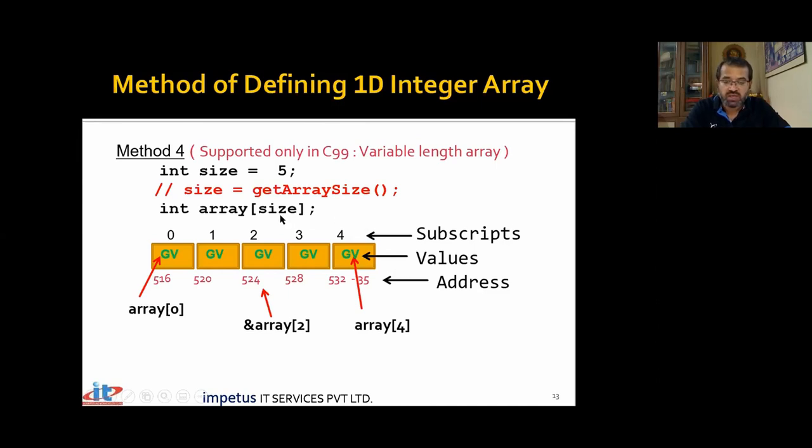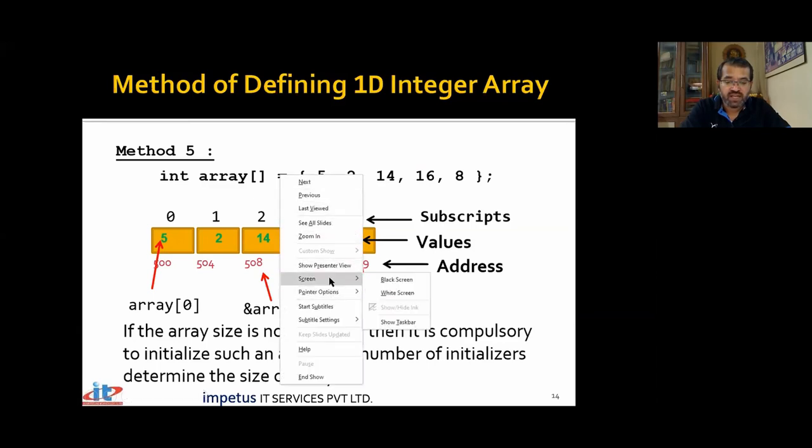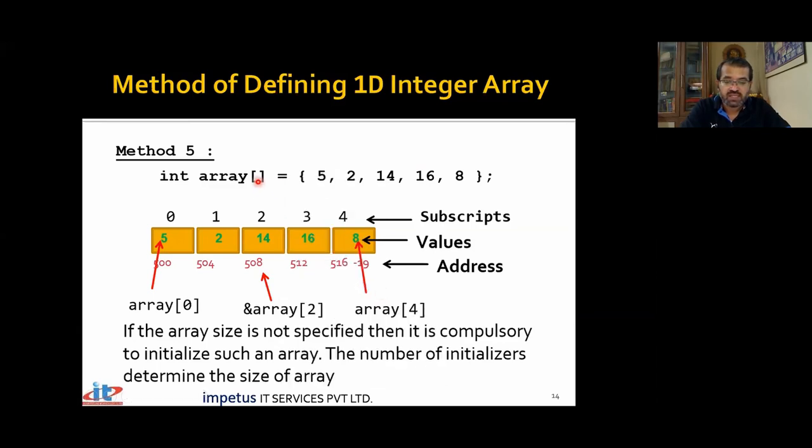But the important thing over here was, you could take a variable name to specify the size of an array. Now, note, I have not specified the array size. I'm saying int array, empty bracket. So I have not even specified the size of the array. Look at this empty bracket. That's possible, provided you have given initializers over here.